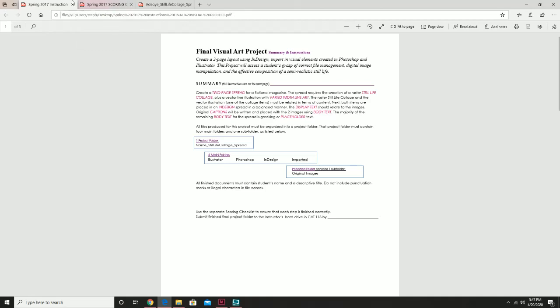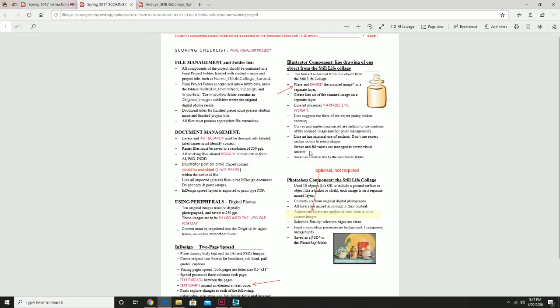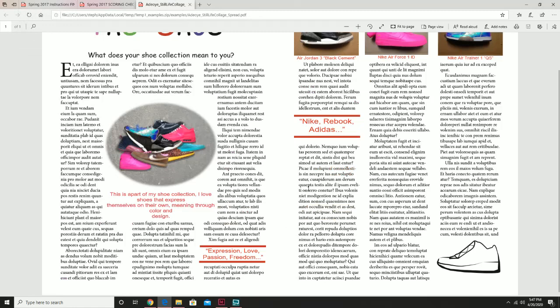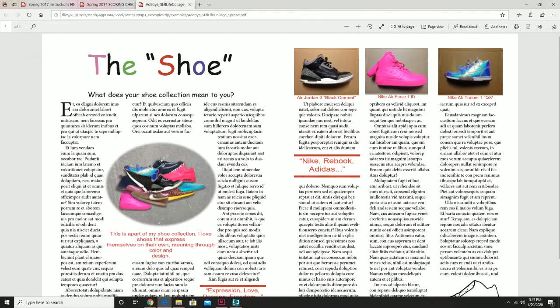So one is called the instructions. We'll get back to this. And the other is called the checklist. What the checklist is for is giving you a reminder of all the different parts that are required for this final project. And as I said before, the instructions is going to give you pretty much all the directions you need for this. Now, in terms of what I'm going to be looking for and what it's going to entail,